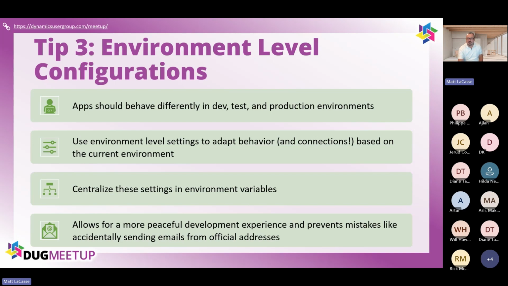So I think the moral of the story here, while we're talking about environment level configurations, is that if you are working on an app, even if it's something small, it can always become something bigger. And taking the right steps at the beginning of your application development journey can help make sure the app is ready to scale into more mature ALM processes. So story time out of the way, this 1 second. On to our environment level configurations.